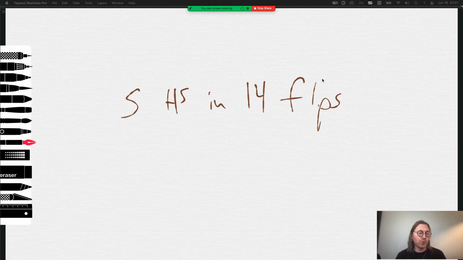When we get down to it, we're going to be thinking in terms of combinations, because the order doesn't really matter. We're counting how many different ways we can get 5. But if we're talking about all the different ways that 5 flips can occur, and we're going to divide that by the number of possible flips that can occur,